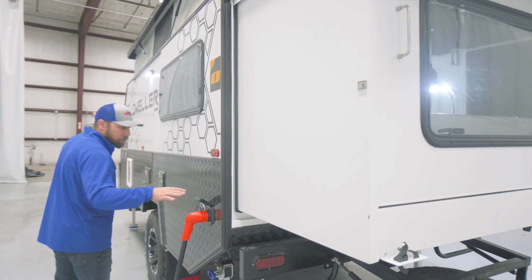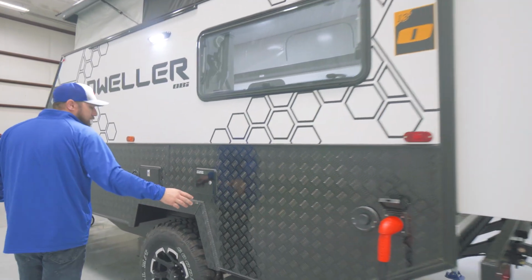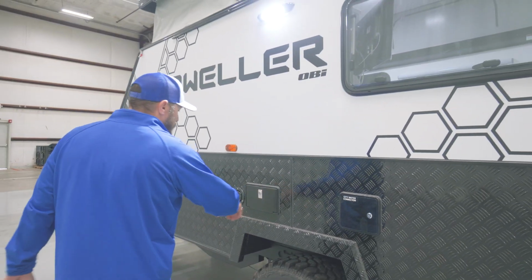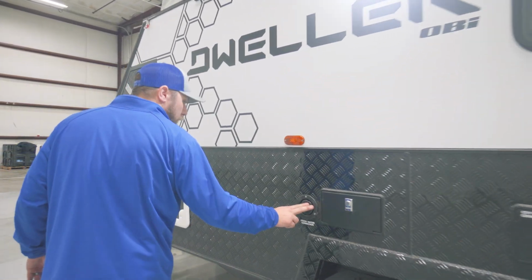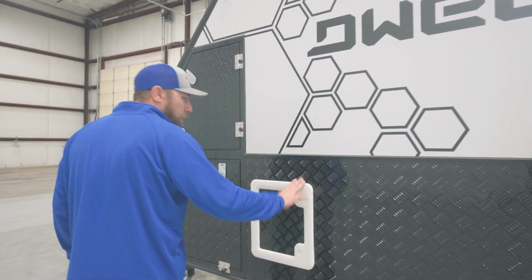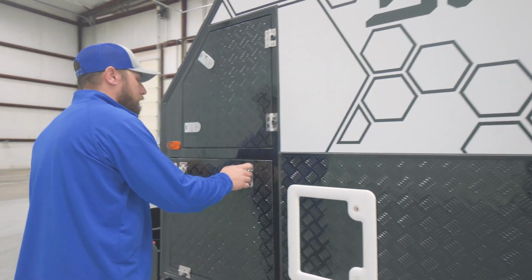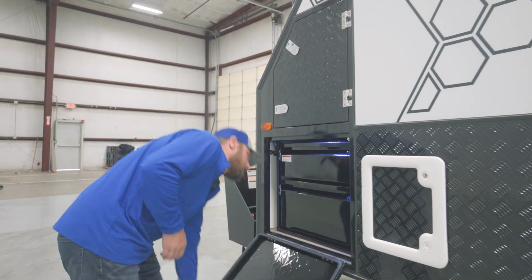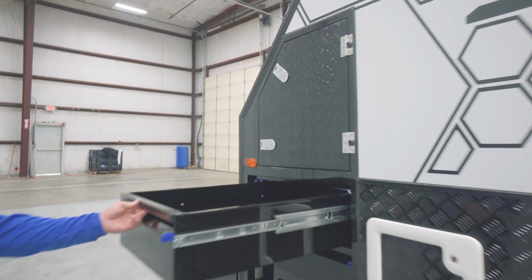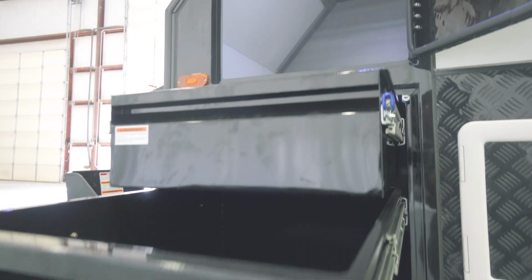These are all gonna be wired up with 30 amp service. We're gonna have our city water connections. Everything's gonna be tucked in, locked away, flush. Outdoor shower, hot and cold. City water connection for when we're out there boondocking. We're gonna have a portable black water tank from our 3-in-1 shower. And then check out how much storage this has. Deep, wide, everything you're looking for